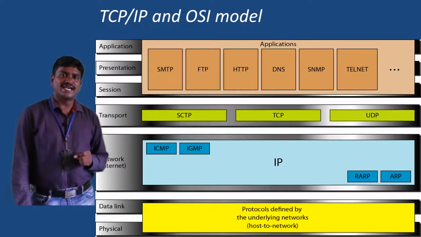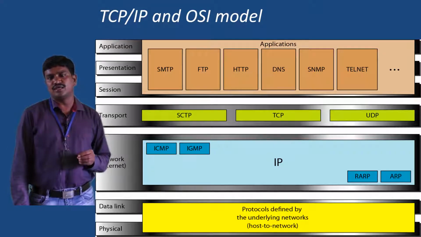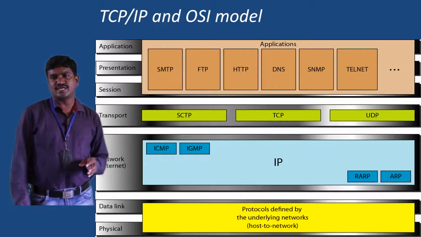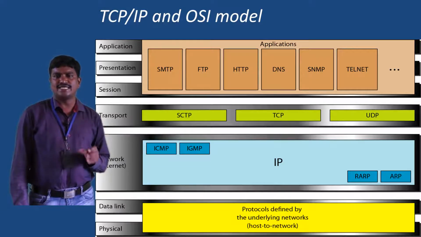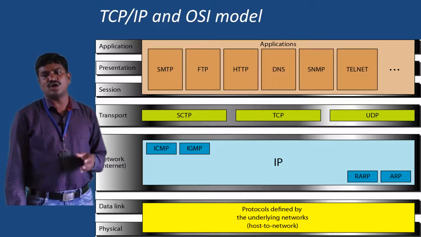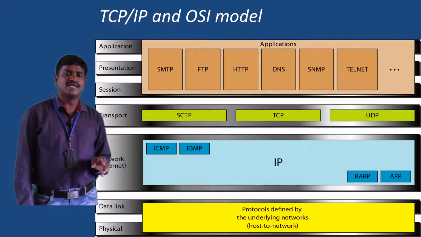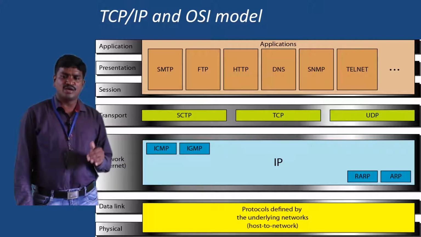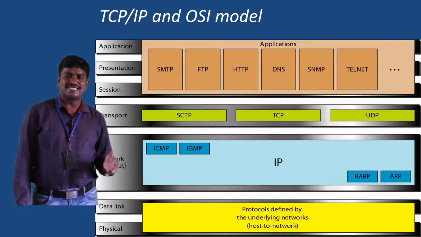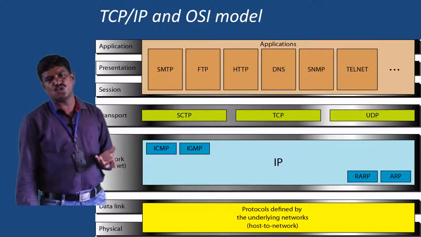IP means Internet Protocol. How all these systems are recognized in the world? All systems are recognized with the help of an identity schema called the Internet address, IP address. So IP is one of the protocols implemented by the network layer in the TCP/IP model, and along with IP, they make use of ICMP and IGMP protocols,